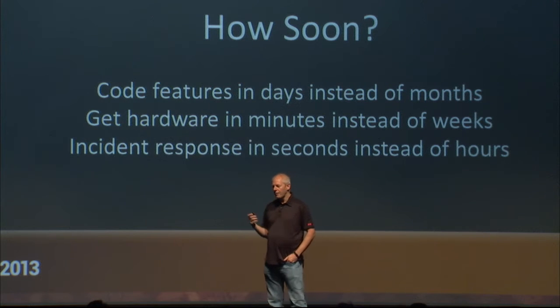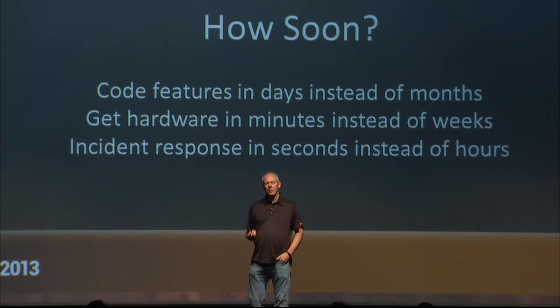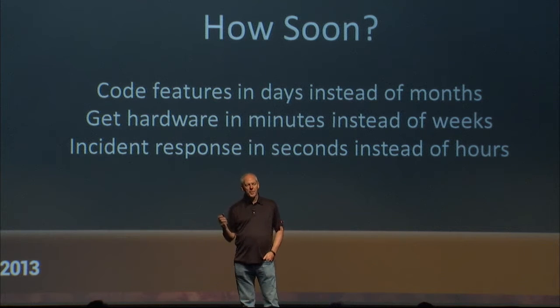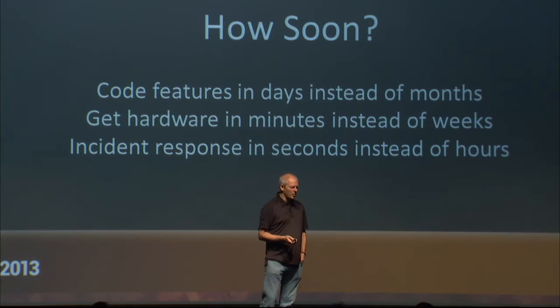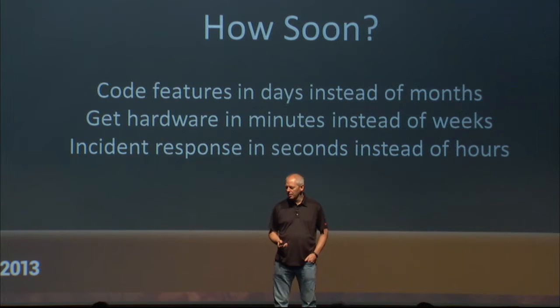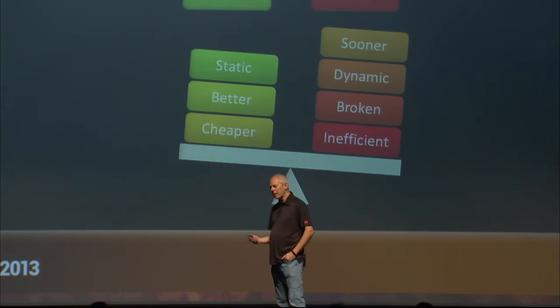And then if anything goes wrong, you want to be able to tell that it went wrong in seconds, and you want to be able to automatically respond in seconds or be able to see what happened. So with incident response, if you can do that in seconds, then you can actually do lots of things that are slightly broken, but you spot them really quickly when it matters, and you can fix them really quickly. So I'll talk about how we do that. So this is really tipping the balance.